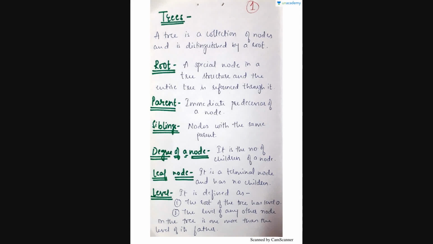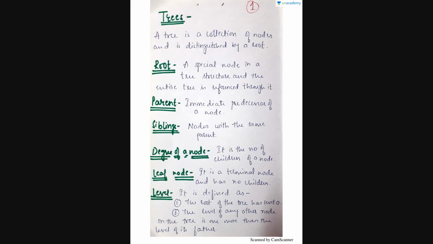Hello everyone. Today I will be teaching you all about trees. So what is a tree? A tree is a collection of nodes and is distinguished by a root. What is this root? A root is a special node in the tree structure and the entire tree is referenced